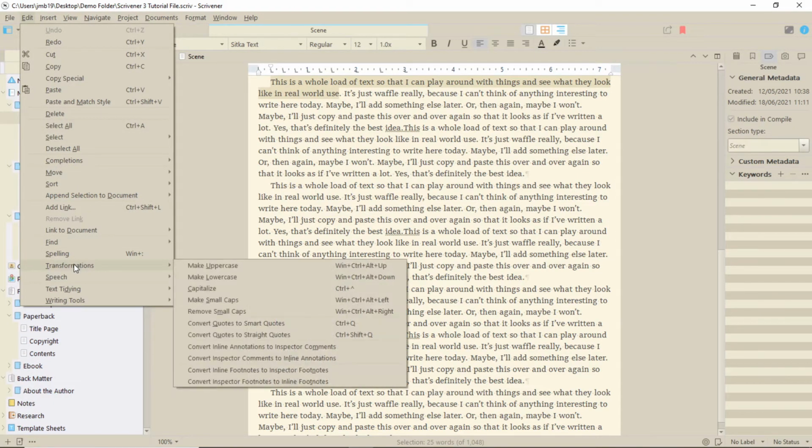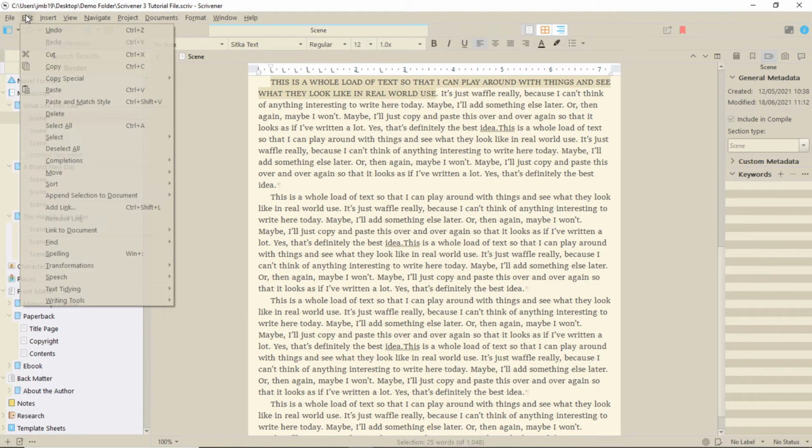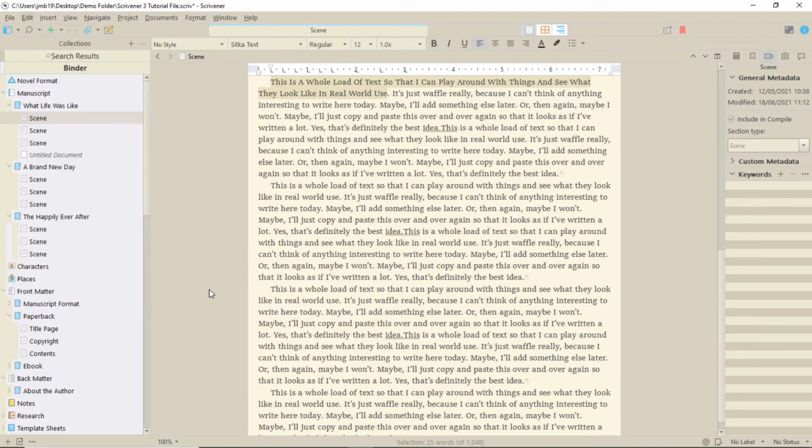As you can see, there are quite a few options, but probably the most useful are the first three, where you can make the text upper or lowercase, and you can capitalize it. Unfortunately, the latter does capitalize every single word, so it's not going to help you with which words should and should not be capitalized in a title, so should be used with care.